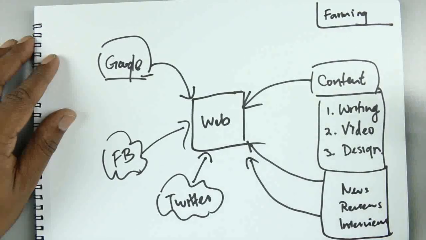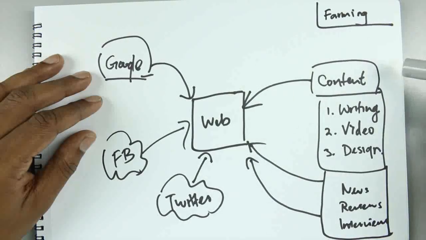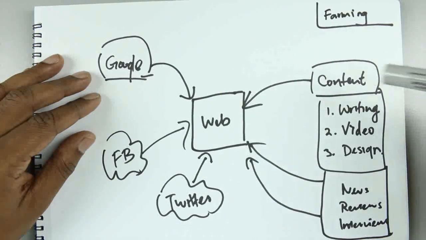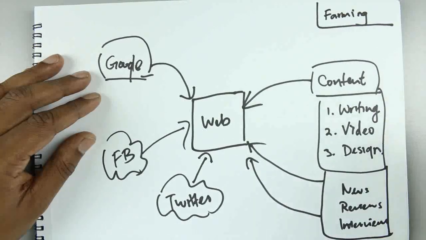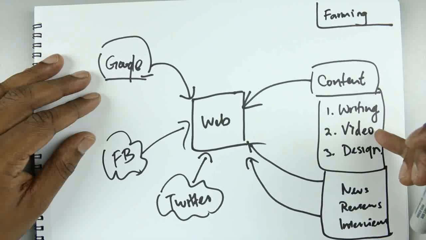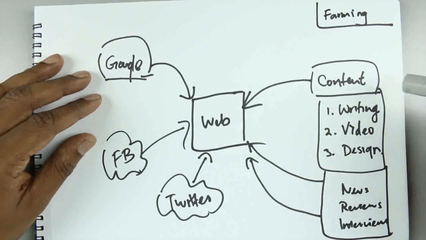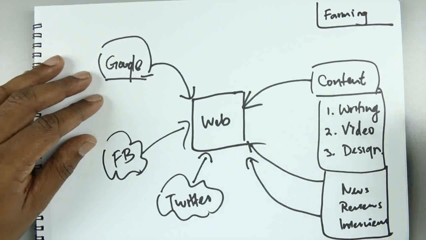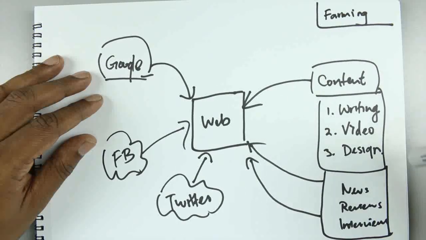I mean, with my first website, I wrote content all the time, okay, without even thinking about the traffic. I loved the topic that I wrote about, so writing was not a big deal. My writing wasn't really the best, okay, and well, video was non-existent at that time. It was too difficult to do video, so I just kept writing. Today, if I were to create content, it would be video and writing, but more towards video, more towards YouTube. It's so easy to do video nowadays with your smartphone. You can take HD videos.